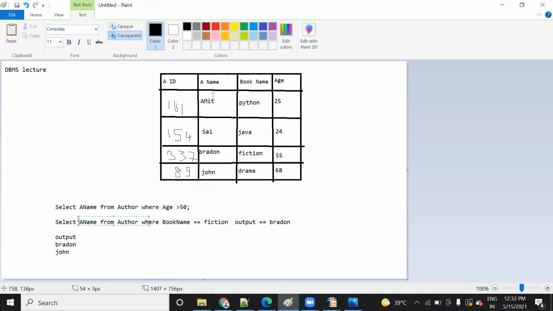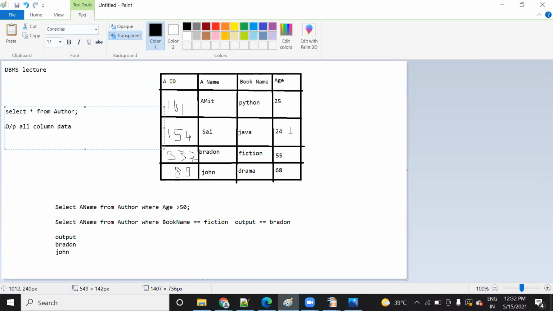But now suppose you want to check all columns, all data, then how will you write it? You will write it like this: select star. This asterisk sign will take all the columns from the table, author, so it will give you the whole four rows. When you write asterisk, it means it will show all column data.